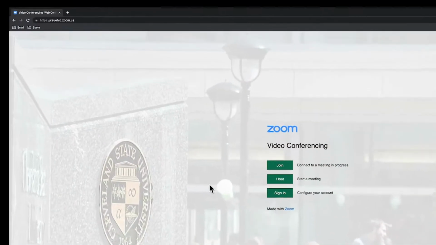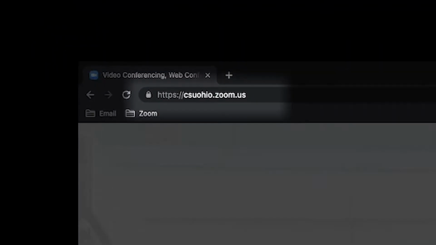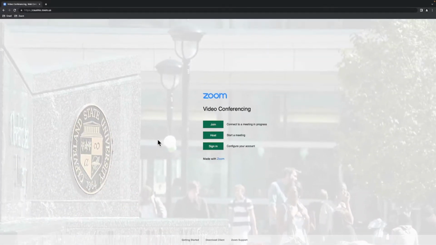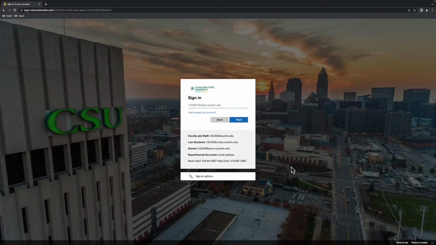To begin, in your preferred browser, navigate to https://csuohio.zoom.us. This will bring you to CSU's web-based Zoom portal. Select the Sign In button, and you will then be prompted to sign in with your CSU ID at csuohio.edu